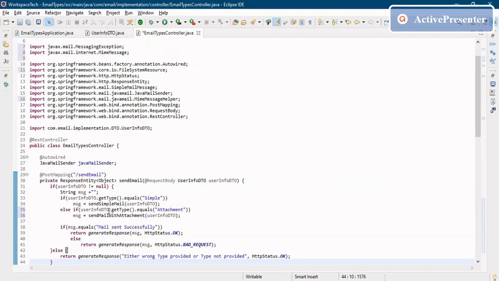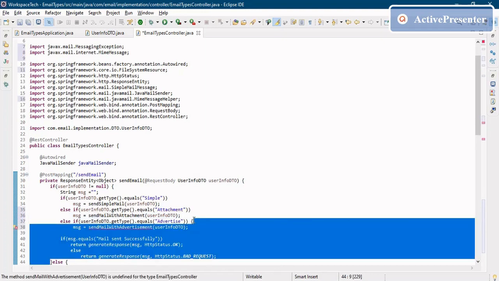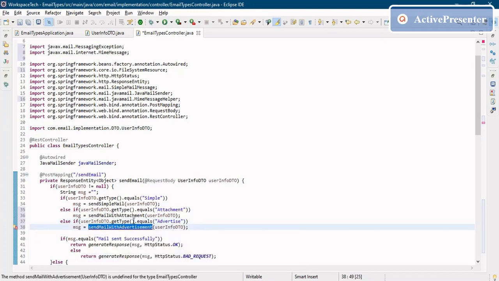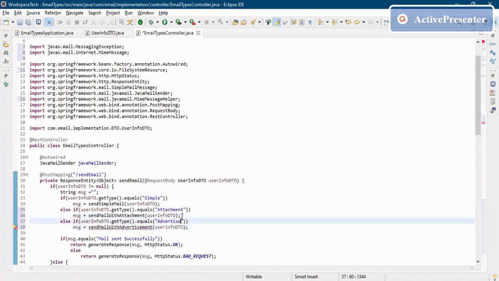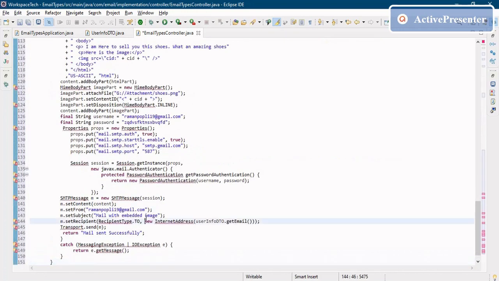So we have already covered two methods of sending an email: one is a normal text email and another is sending with an attachment. Now the third part is sending with an advertisement, right? If we want to advertise our product in our email, we can use this method to advertise. The image or anything could be displayed in your email body, right? I'll explain everything one by one, how we are sending the email and how one method is different from another, right? So now